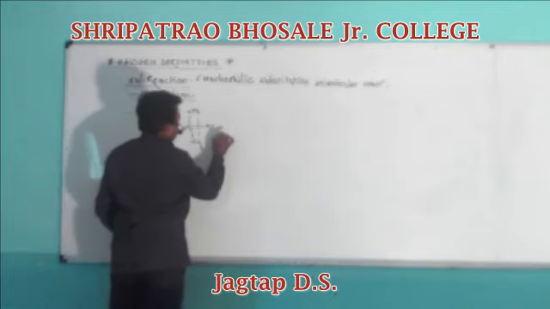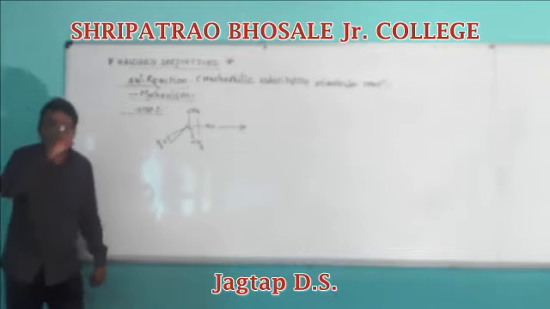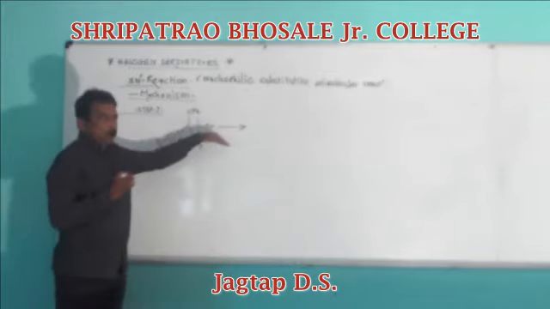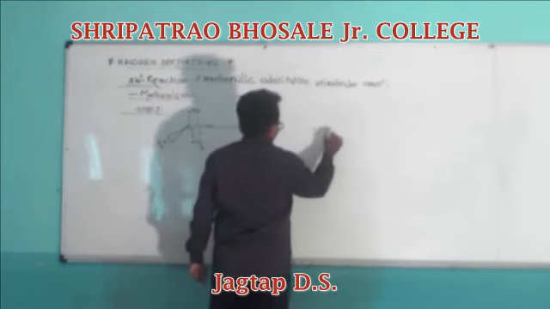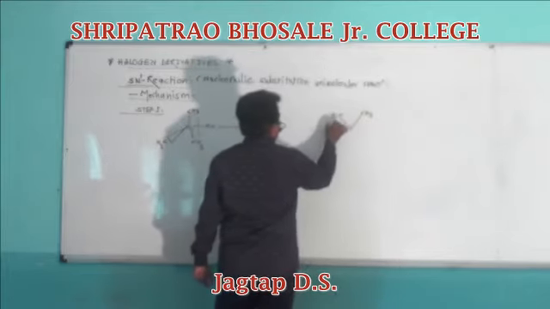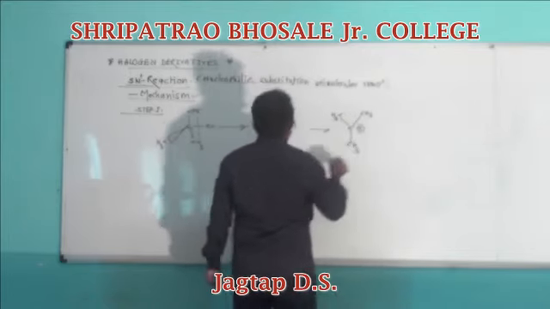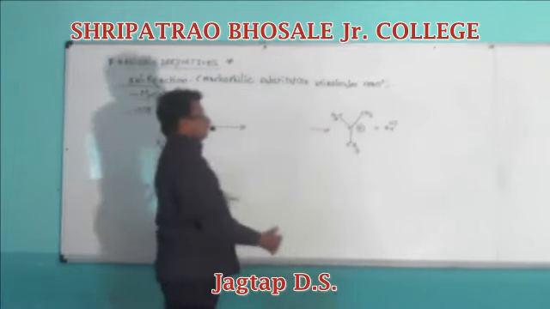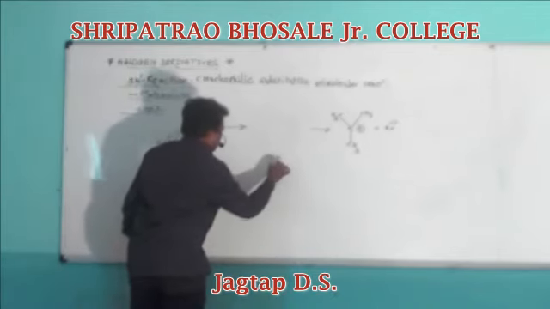In presence of polar solvent, the breaking of a covalent bond takes place heterolytically. That is, any one of the partners retains both the shared electrons. In presence of polar solvent, the breaking of C-Br linkage takes place heterolytically to form more stable tertiary butyl carbonium ion and Br minus ion, that is bromide ion, through transition state.